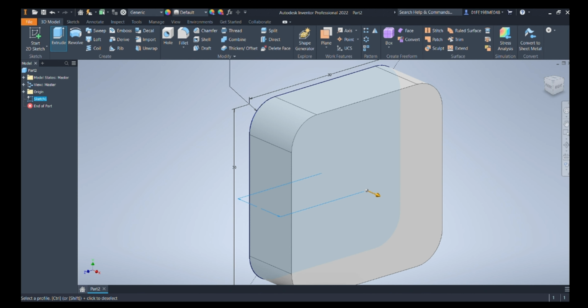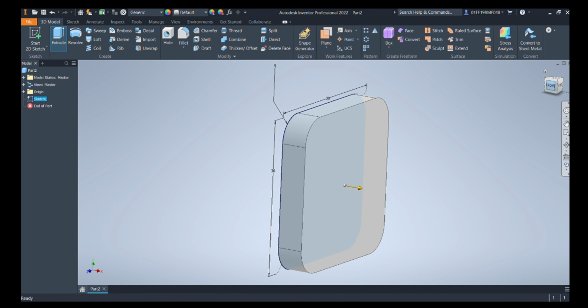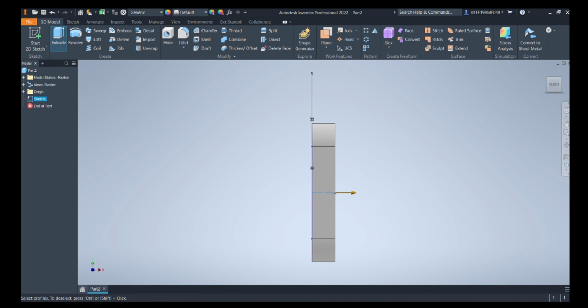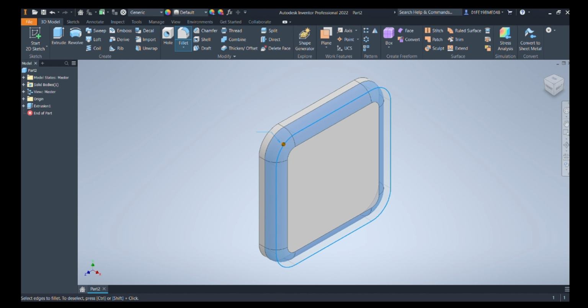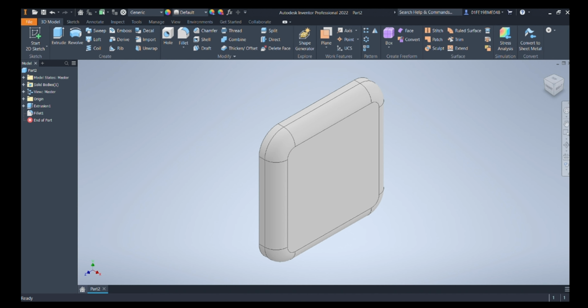Once we have added the fillet, we will extrude it up to 5 to 6 mm. Once we have extruded the model, we are free to add a fillet to it. We'll add a fillet of around 3.9, 3.7 mm. The basic motive for adding this fillet is that the model should resemble a real clock, and we have to leave some space behind, so we will not add a complete fillet.